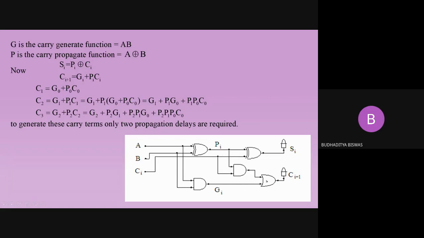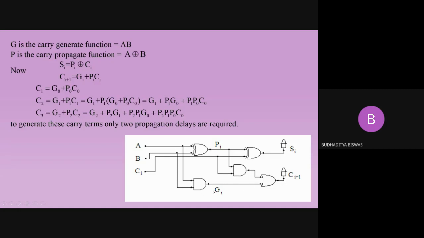But before that, what is the property of the two input OR gate? This is a two input OR gate. So what is the property of the two input OR gate? If one of the inputs is 1, then what about the output? In case of a two input OR gate, if one of the inputs is 1, then the OR gate will not look at the other input. Whatever the other input, the output will always be 1, because 1 plus anything generates a 1.